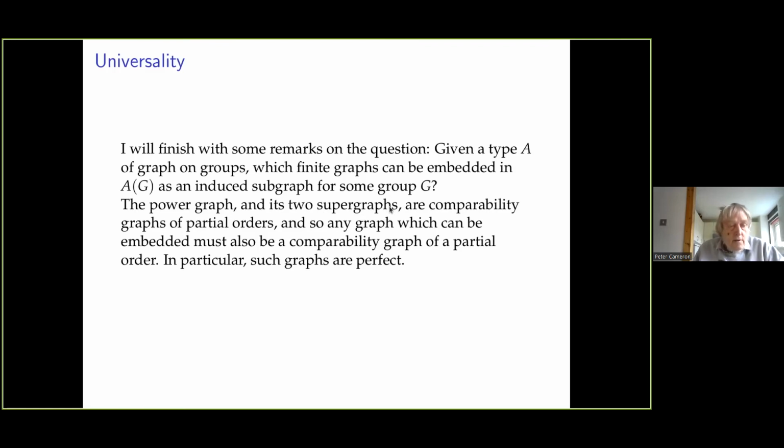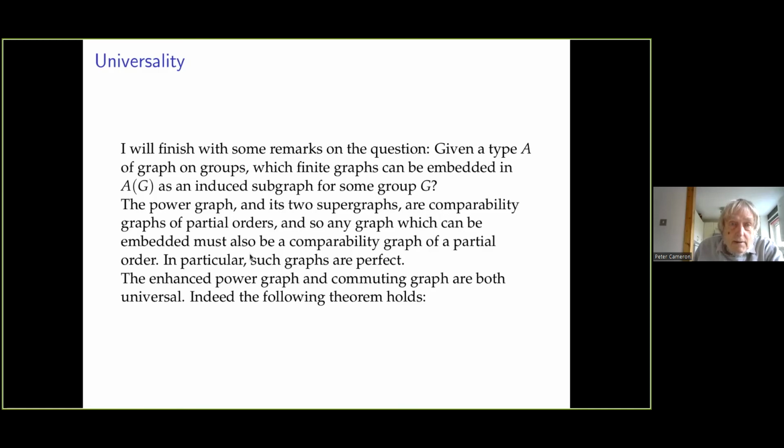So in particular, comparability graphs of partial orders are a famous class of perfect graphs. Perfect graphs, according to the strong perfect graph theorem, are precisely the graphs that don't contain odd cycles of length greater than 3 or complements of such cycles as induced subgraphs. So, for example, the 5 cycle cannot be an induced subgraph of a power graph or a superpower graph. So the answer for power graphs is not everything,